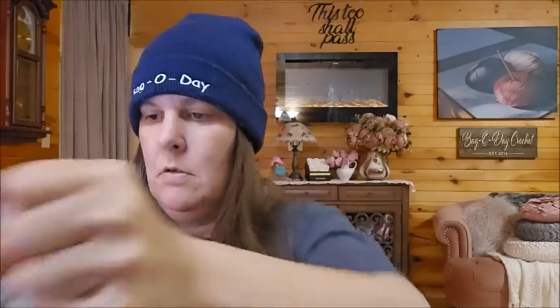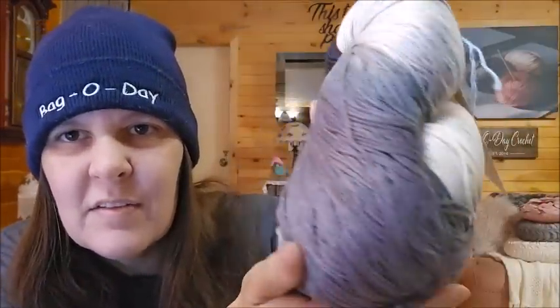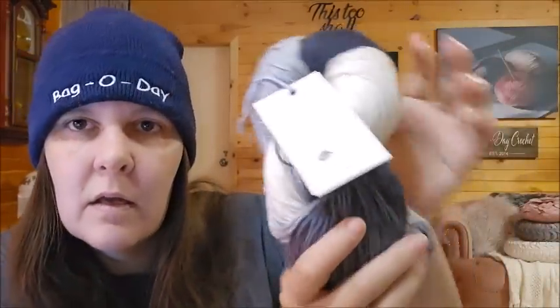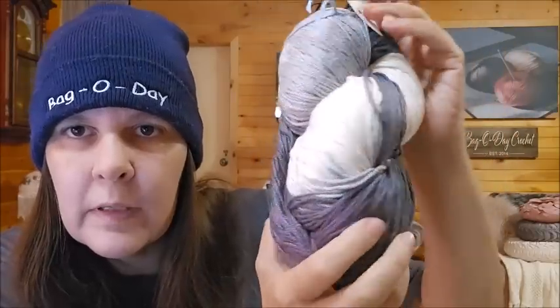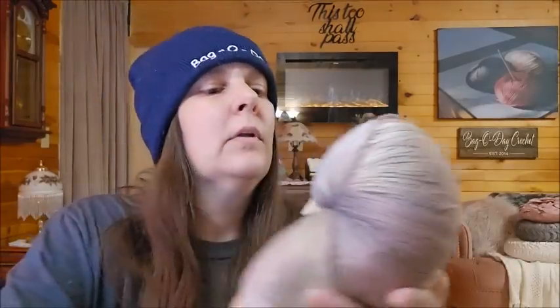Oh, I got some more of that. Well, why don't we look at it and see what it is? This one is the same as I just showed you. This one's called Shadow. So that's pretty. 520 yards of a light 4-weight. A light worsted or whatever. Pretty. I like it. And then there's this one, which is called